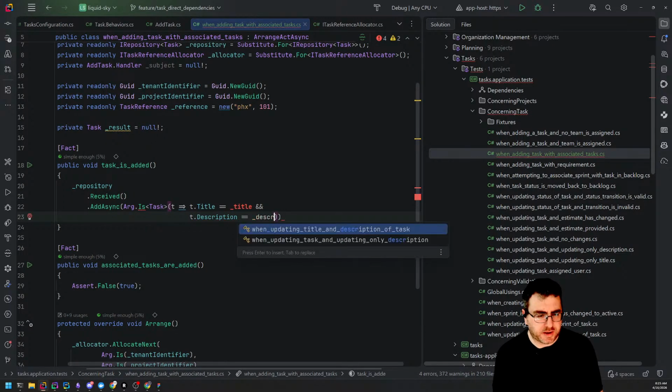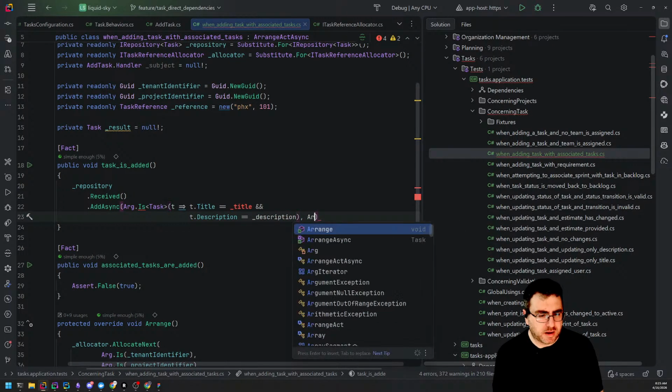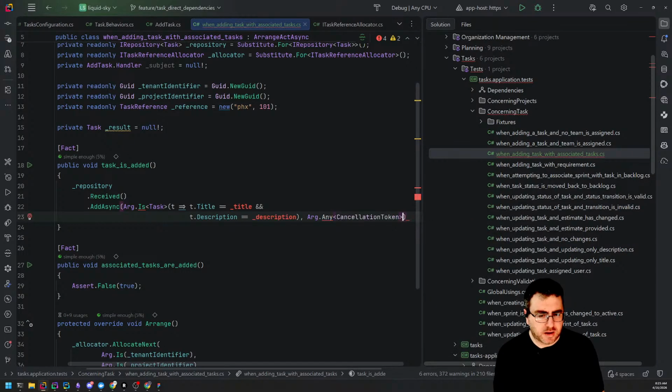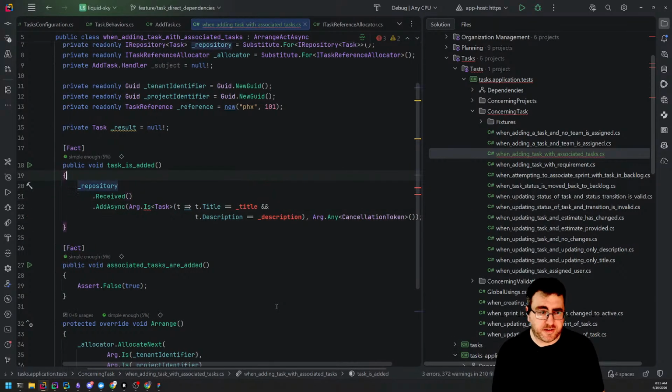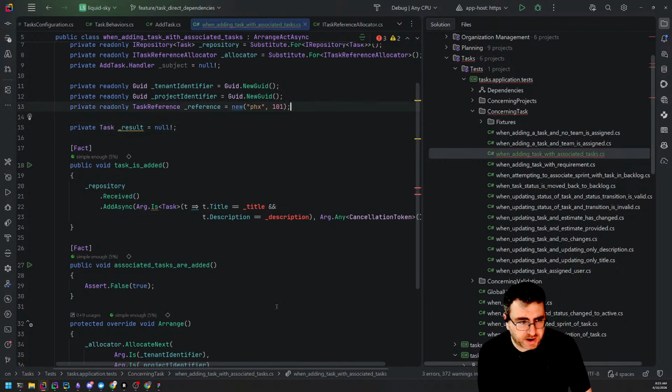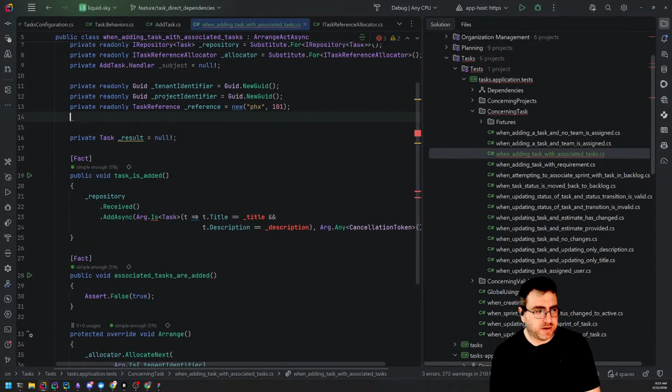I gotta remember the purpose of this test is not to validate that I'm adding all the fields, so I can do the bare minimum here, but at the same time I'm trying to be a little bit